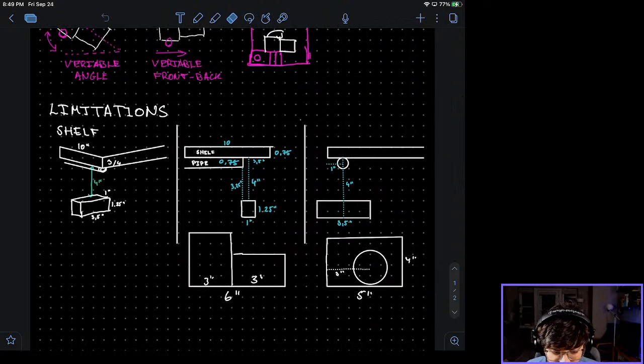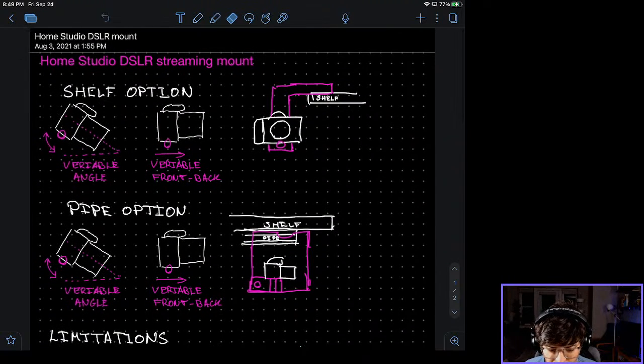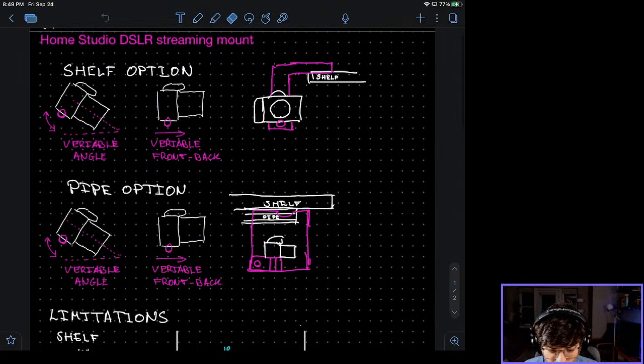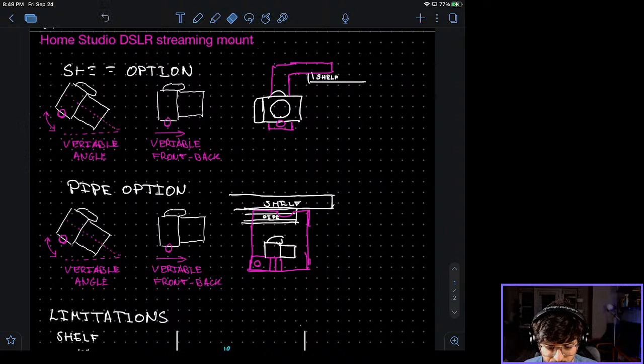So I have here a bit of the limitations. I have the shelf option. So what do I want? I think I'm going to go back to this option here. The shelf option is the one that I'm going to go back to.